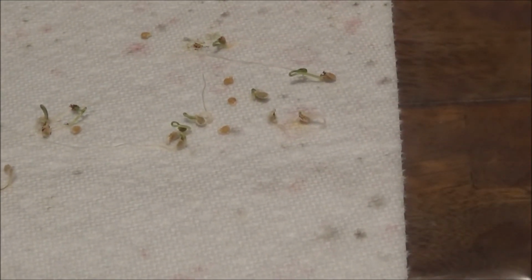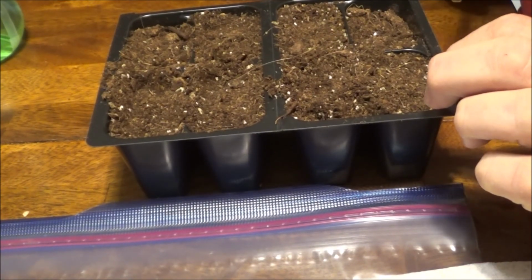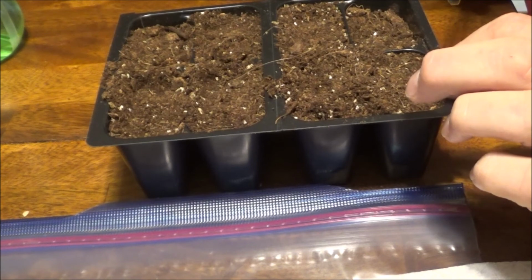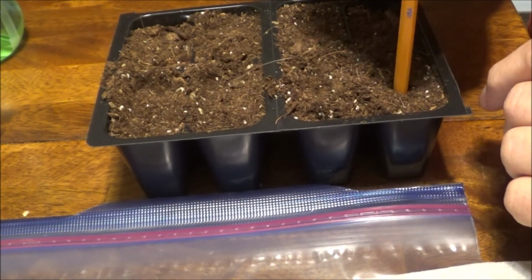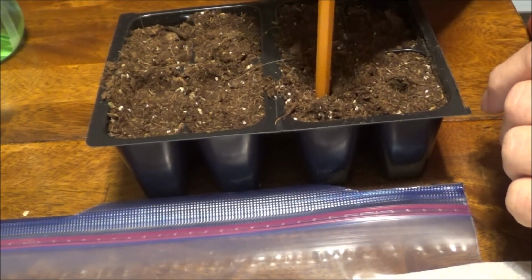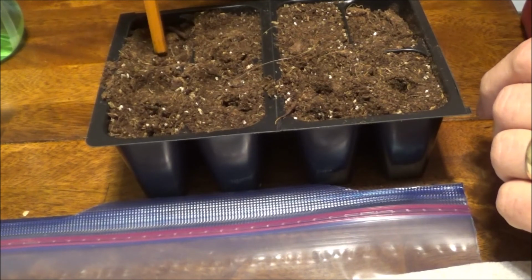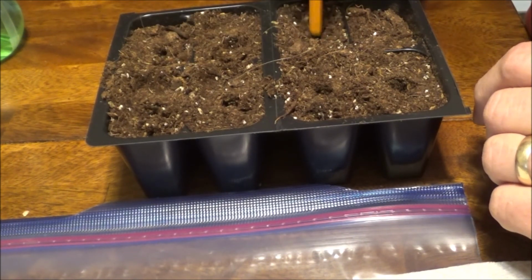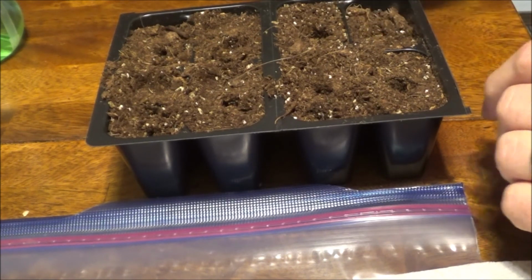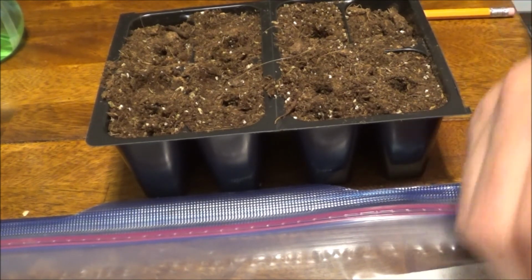Let's put these boogers in a pot. I think I can get away with this. Wife's not home, so I can do this on the kitchen table. Don't tell. We're just going to take a pencil or something. We'll make us a little hole in each one of these, like so. And then we're going to gently, and I do mean gently,